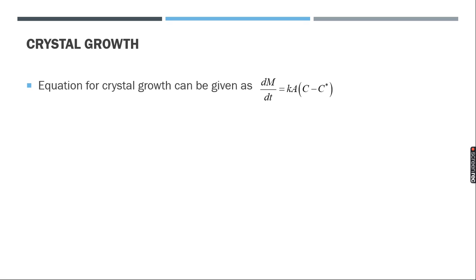Now the second aspect we need to know is about crystal growth. Crystal growth is also one of the important processes which can be to some extent empirically modeled, of course. And here the crystal growth rate can again be given by the rate constant K. The surface area of the crystals is very important, of course. More exposed surface area will add up more crystals for growing. And C minus C star, that is the saturation. So maybe the supersaturation level, molar supersaturation, we can simply say here. C is the concentration, C star is the saturation concentration.